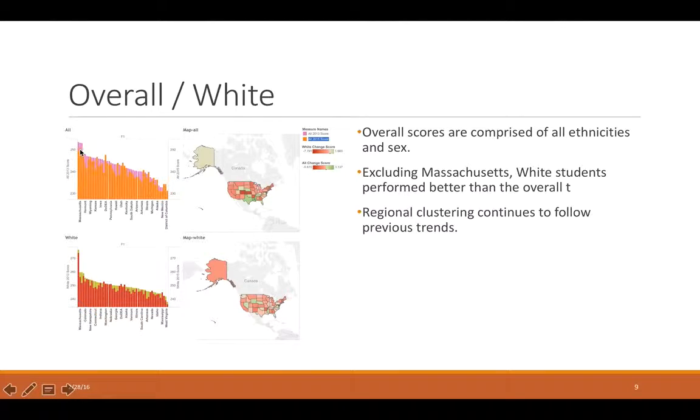For the all category, the top averages are close to 250, starting with Massachusetts, and it starts steadily dropping off to a mean close to 240. For white student performance, Massachusetts spikes over 270, which I consider to be an extreme outlier, and I didn't really pose that as a point of interest at the moment. The majority of other states started at 260 and ran a variance close to 245.